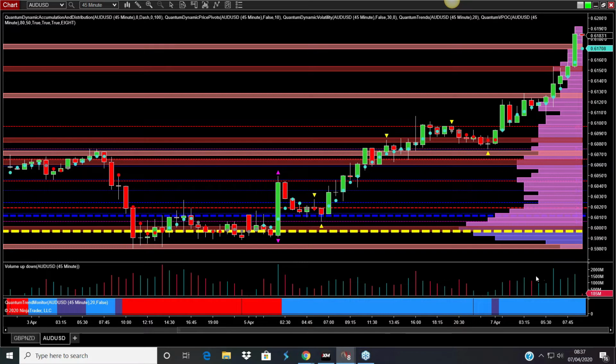And this is where you have your volume price analysis. Is the price action valid? Is it genuine? And only the volume will tell you whether it is genuine or not. So that's the 45-minute chart. That's where at the moment it looks like it wants to head, in about the 62 region. Is it going to get there? Well, we're going to see.